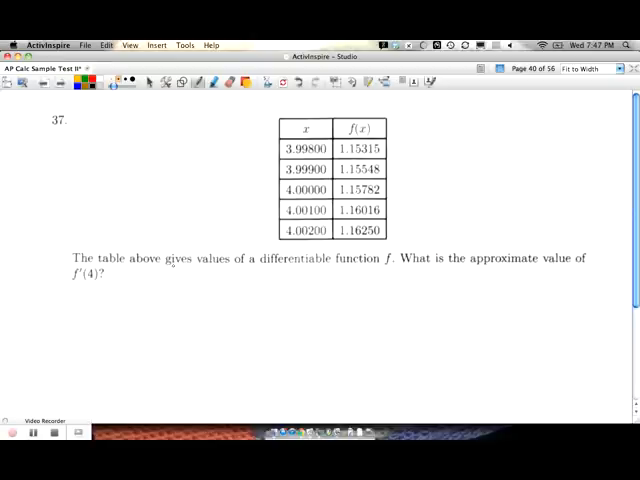The table above gives a value for a differentiable function. What's the approximate value of f prime of 4? F prime of 4 is approximately going to be really close to the slope near 4. So all we really need to do is find something that has like the slope of f of 4. Or let's do this, f of